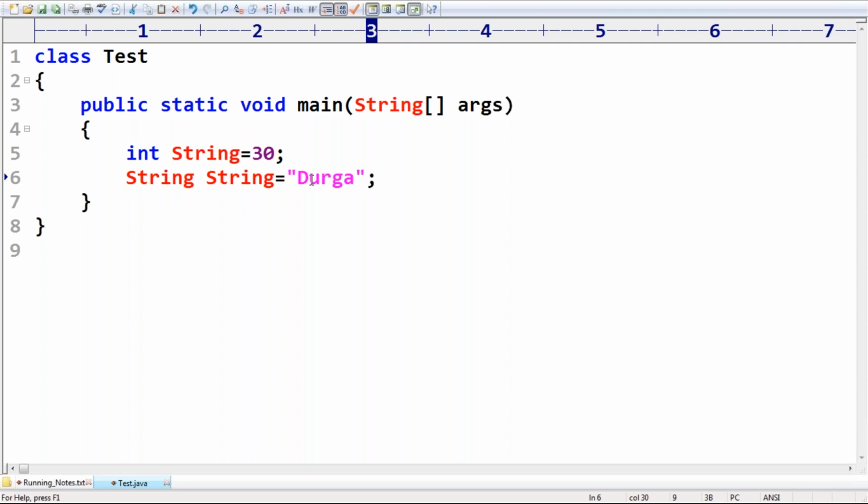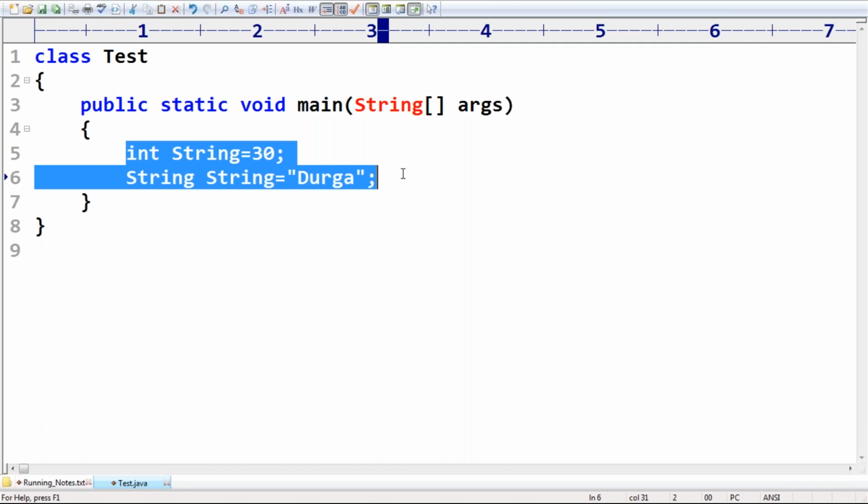The problem here is, do you know, String is one identifier already defined, so you can't use the same identifier again. Why are you using the same? That is the reason. Duplicate usage of two identifiers with the same name is not allowed because both have local scope.